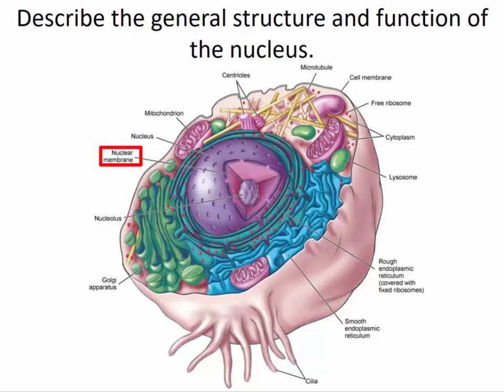As you can see in the image here, it's very porous, which allows movement between the fluid inside the nucleus, called nucleoplasm, and the cytoplasm, the fluid that's found within the rest of the cell. That nucleoplasm is a fluid just like the cytoplasm that suspends the contents of the nucleus, the DNA and the nucleolus, shown here. The nucleolus has that name because it means little nucleus. In this area, ribosomes are produced. Ribosomes then have to leave the nucleus to go into the cytoplasm, and that goes back to the reason for the nuclear membrane having pores in it, though there are other reasons as well that we'll look at later in the course.